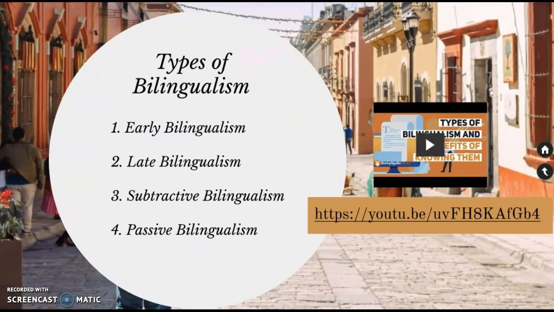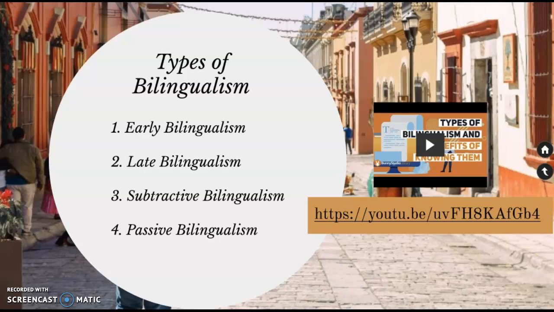So, the topic I covered is bilingualism, and bilingualism is when an individual learns to speak and/or understand a second language. Early bilingualism is when the individuals learn a language before the age of 5. This is the most common form of bilingualism. The second form of bilingualism is late bilingualism, in which the individuals learn a second language after the ages of